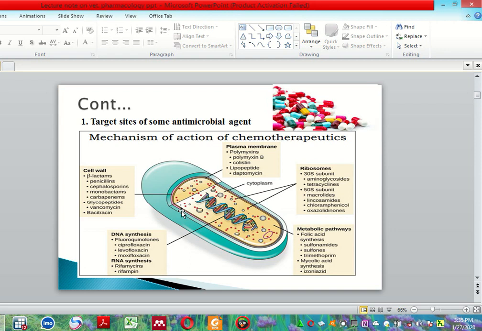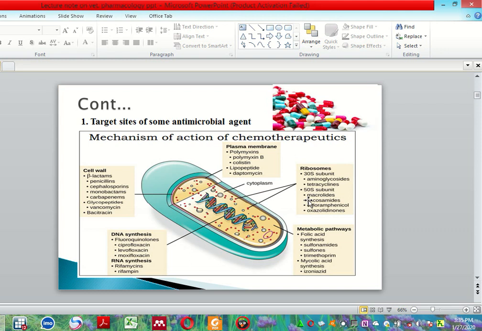Generally, beta-lactam drugs like penicillins, cephalosporins, monobactams and carbapenems act on the cell wall of the bacteria, whereas polymyxin drugs may interfere with the plasma membrane or cell membrane of the bacteria and may result in death of the cells. Aminoglycosides and tetracyclines act on the 30S subunit of the ribosome of the bacteria,